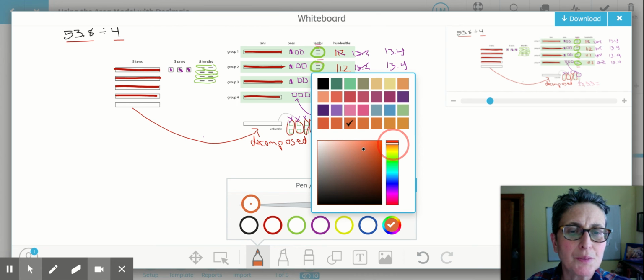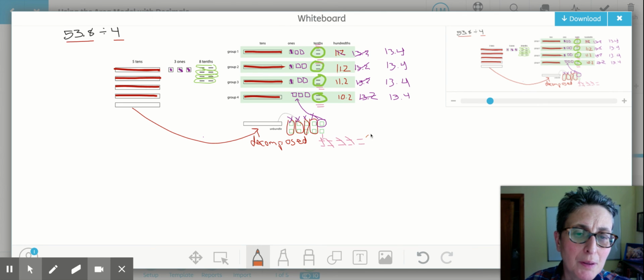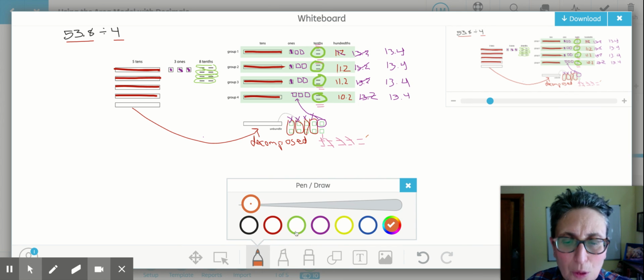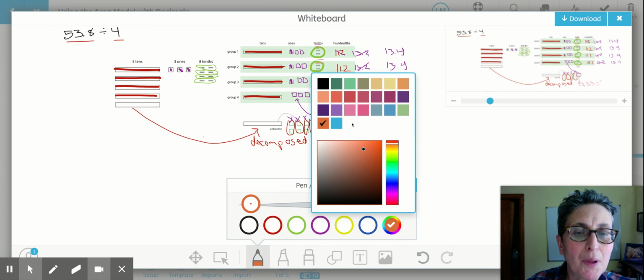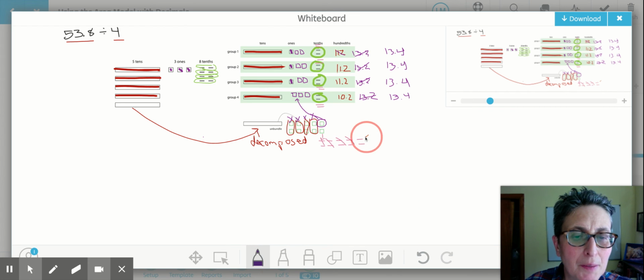Oh, it's some sort of crazy orange. That's too close to the pink, and we will all be confused, or at least I will. So, oh, that's nice and dark. All right, we're going to break that up